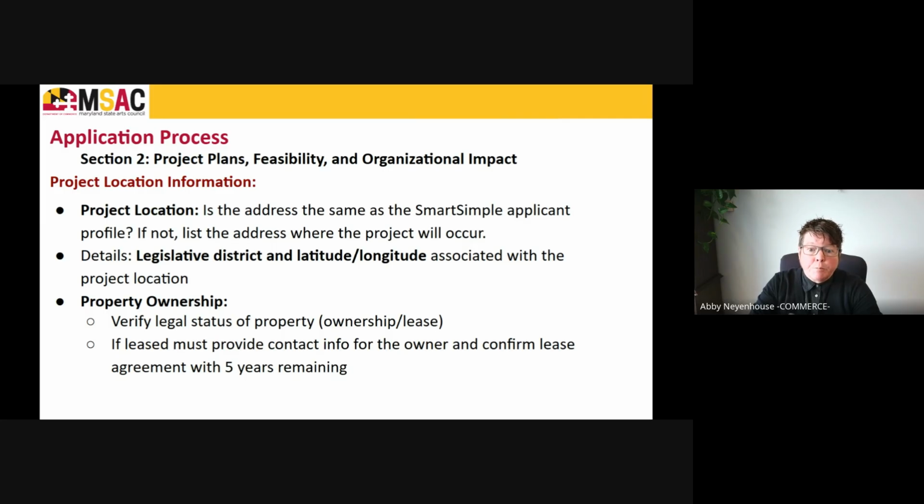For example, if it's a Baltimore City-owned property, you may have to go through a process to have the grant agreement signed by the Board of Estimates, and then it'll come back into our process. That's good to know up front. It's good to start looking into that while you're filling out the grant application, as it could prolong the timeline of disbursement of funds eventually.